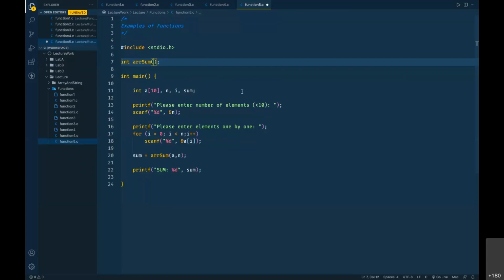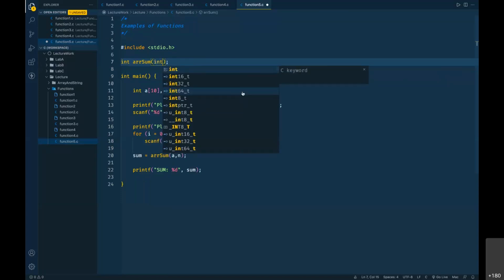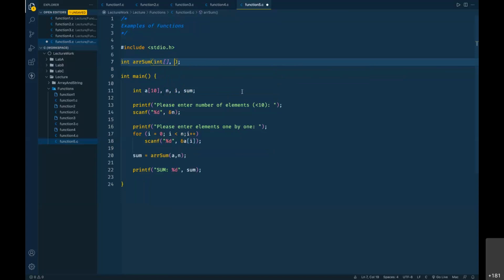It is going to have two parameters. First one is integer array, and second one is normal integer. Look, in declaration, I don't have any variable name. That is the declaration. But when I define, then I'm going to have integer arr sum. But at this place, int a and square bracket, because this is definition, and in definition writing the variable name is compulsory, remember. And the second one is integer n.